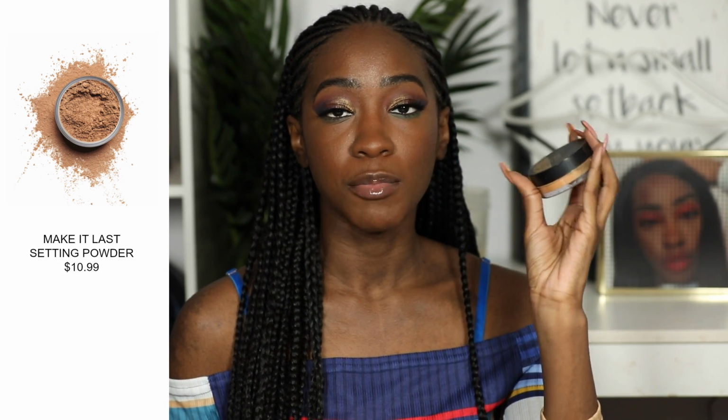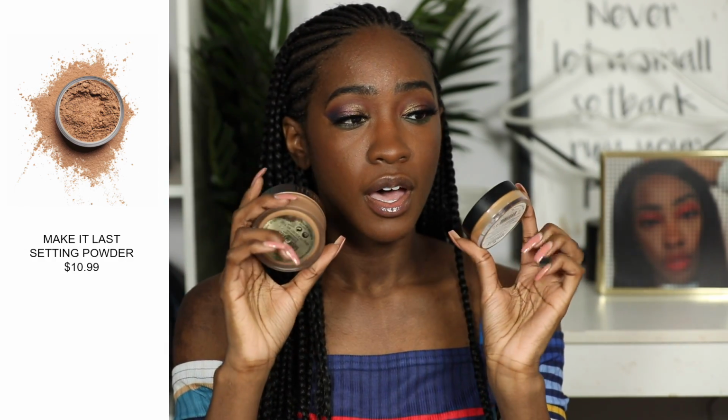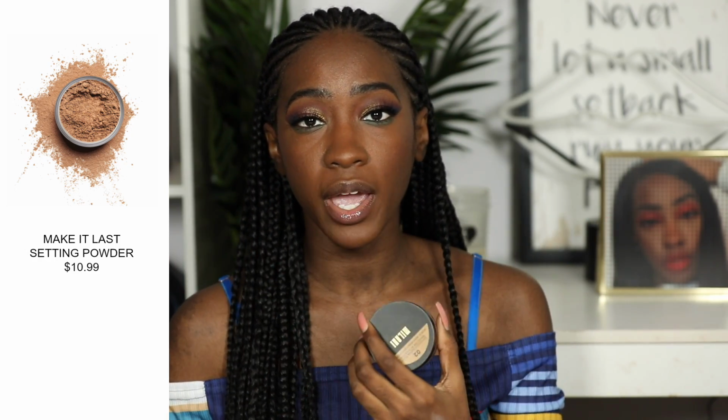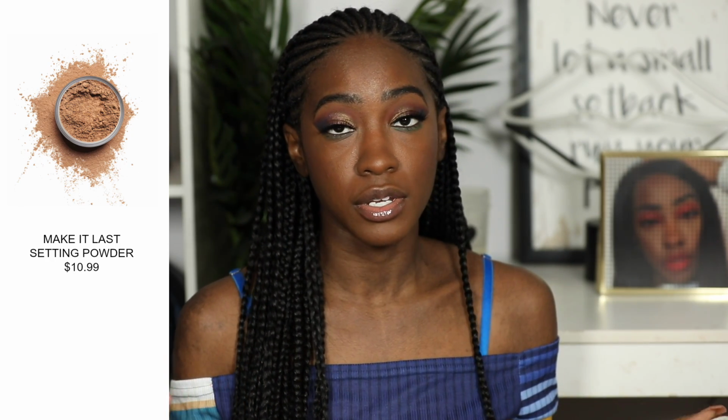Yes, medium to deep. I have a whole video on it, a wear test with it, between the shades. That might be the only thing that's a little different between the two, but how they wear, all that stuff, I felt are the same, other than, you know, the price tag here. But the main thing that people could tell me is that, oh, you get more in the Laura powder than you do the Milani, so when you think about it, it's not really a dupe because you're gonna have to buy this more than you buy that. And I was like, that's not the point though. The point is that they